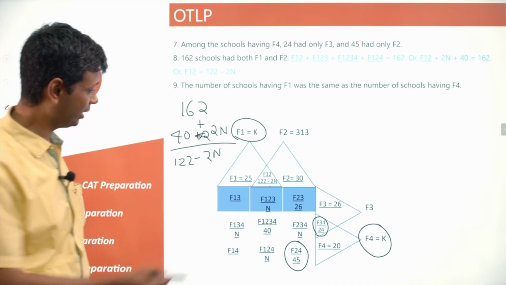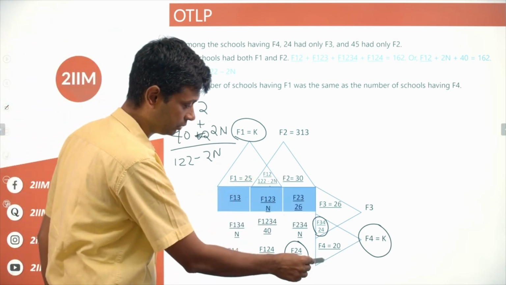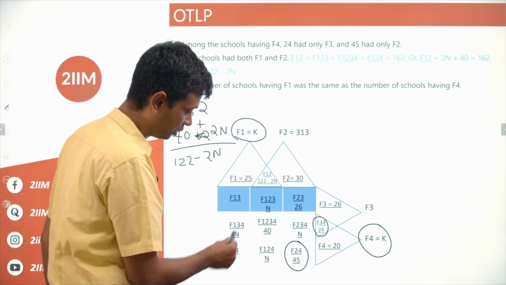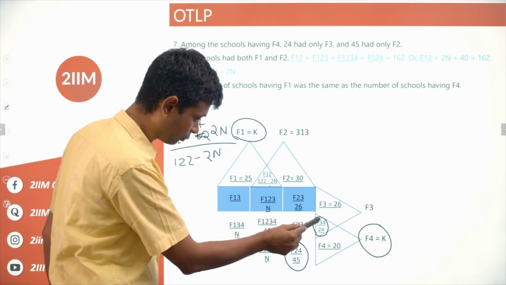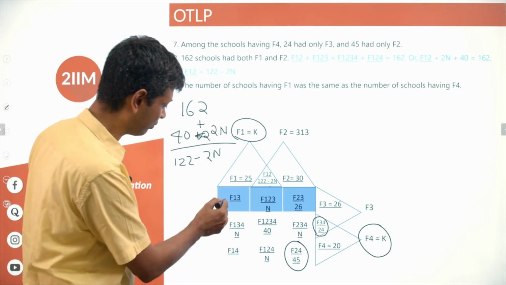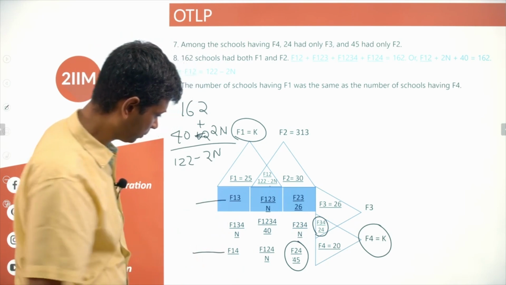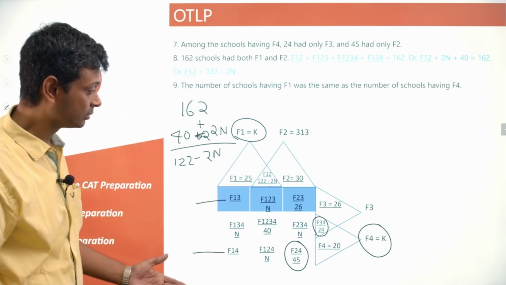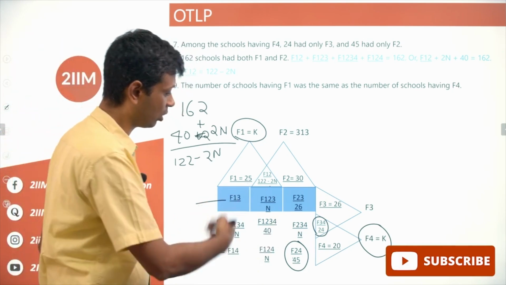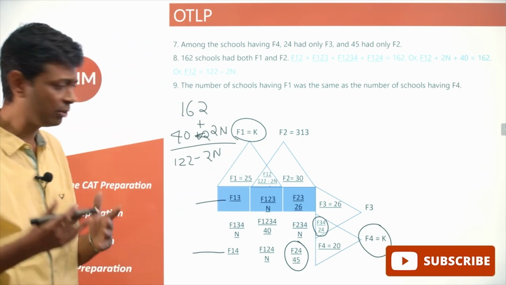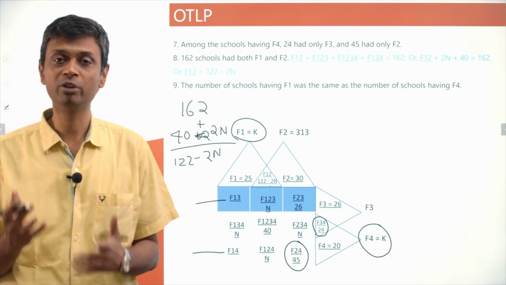Fine. So in this grid, these 4 have filled themselves. This is taken care of itself. These 4 have filled. We have this number, and this number already filled. We need to find F13, F14, and then if we find N, that will be a big breakthrough, because if we find N, then these 4 and this automatically get filled. And so our starting point now looks like it's going to be to find N.